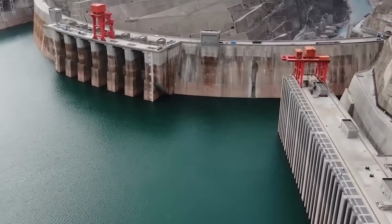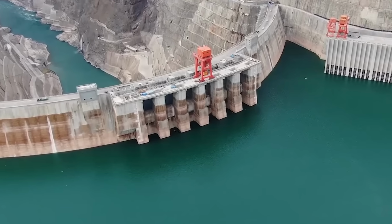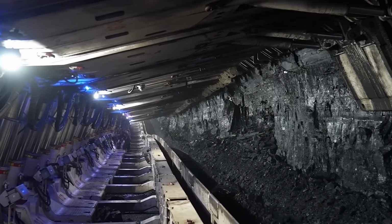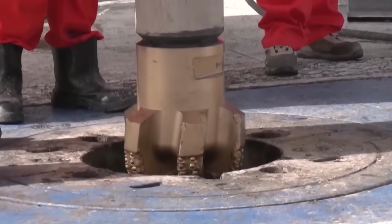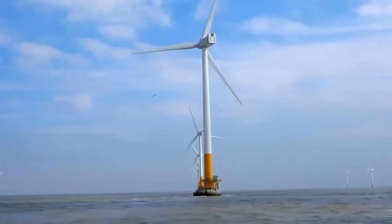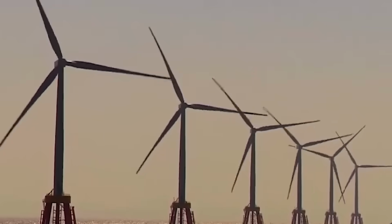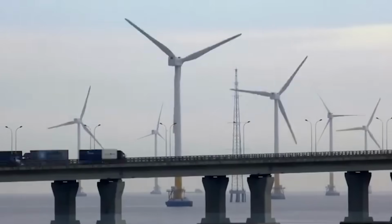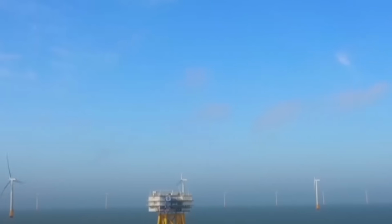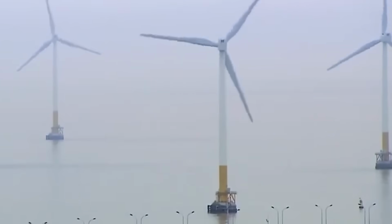Naturally, a giant like this generates a huge amount of energy. Its average annual electricity production is estimated at 60.24 billion kilowatt hours. But remember what we said about Jiangsu's industry. There's plenty of coal, oil, and gas there, and none of that qualifies as green energy the way Baihatan Power Station does. The province also has wind farms, like the Rudong Wind Farm with an installed capacity of 150 megawatts. It went into operation in November 2012 and has been generating around 375 million kilowatt hours of electricity per year ever since. It's claimed that this wind farm reduces CO2 emissions by 247,000 tons,